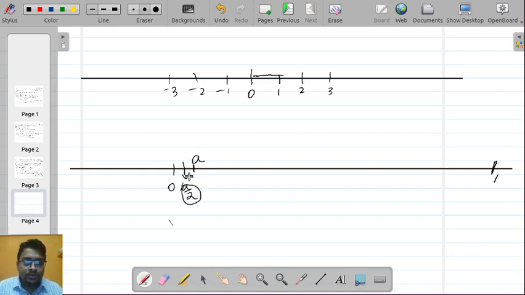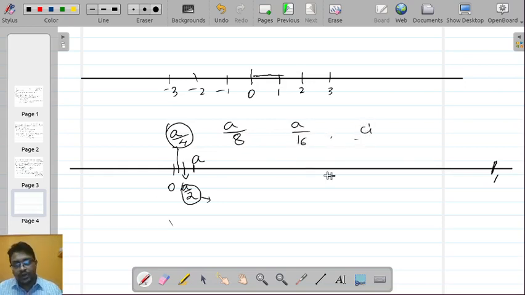Then you say, let us agree that a by 2 is the smallest. But again we can give you another number which is smaller than a by 2. What is that? a by 4. Given a by 4, we can again come up with another number which is smaller than a by 4. That way it will continue, a by 16, a by 32, like that. Nobody can claim that he has got the smallest real number. It's not correct. There are so many real numbers here,